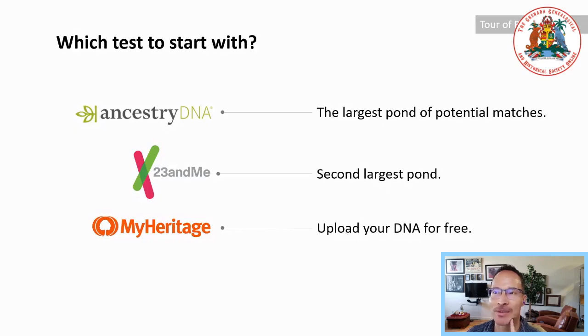And then the thing with MyHeritage that a lot of people don't realize is that when you test with Ancestry or 23andMe, you can download your DNA file from them onto your computer. Then you can upload it to MyHeritage, and MyHeritage will give you all of your matches as if you paid for a test from MyHeritage, but you can do that for free. So I would always recommend do Ancestry or 23andMe, and then just upload to MyHeritage. You can pay MyHeritage a monthly fee to access some of their tools, which are very useful. But just to get a list of your matches, you don't have to pay for that.